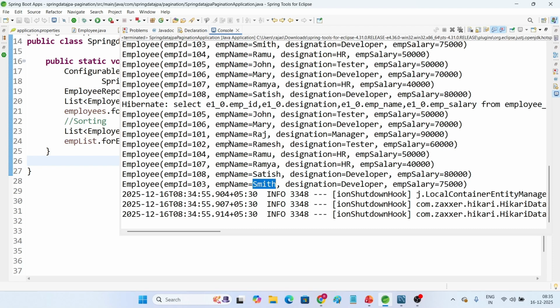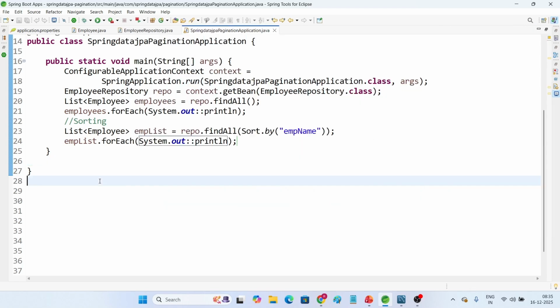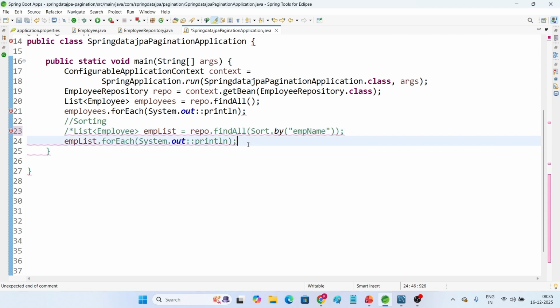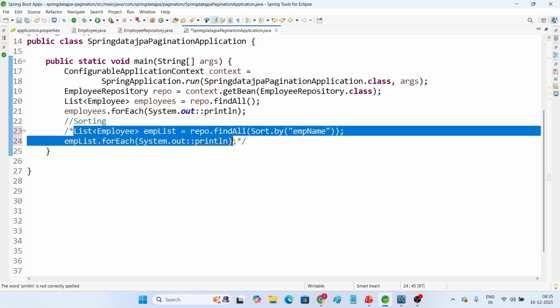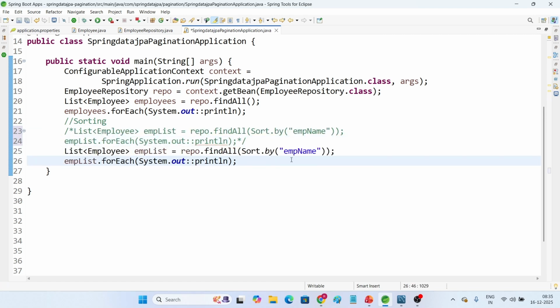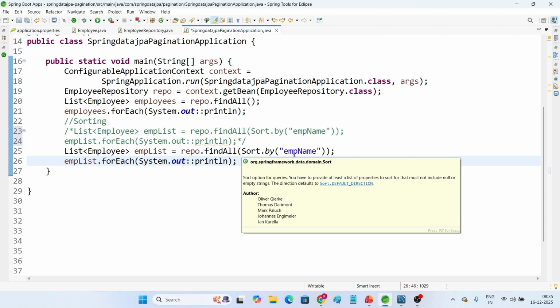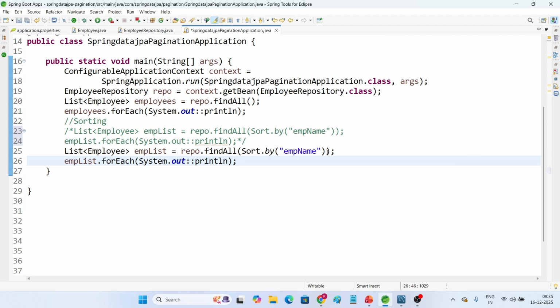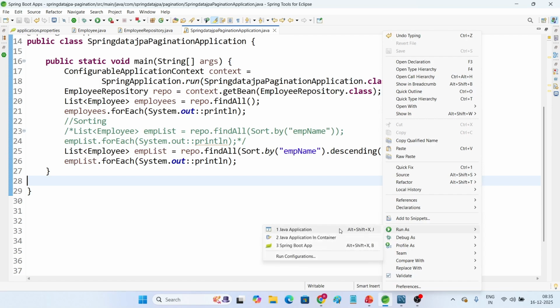Now I want to go with descending order. If I want to display in descending order, then we just have to say descending. Let me take this same piece of code; I have kept the code in comments. Let me copy. Now we want to display in descending order, so we say Sort.by employee name, then we have to call the method descending. Now see, when we run this application,